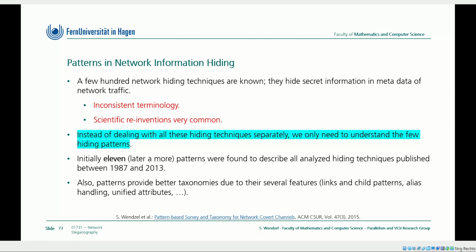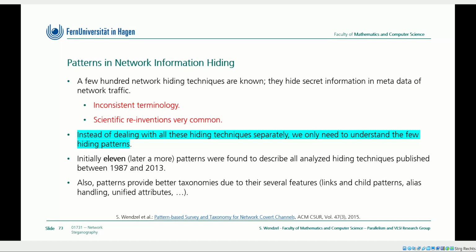A few hundred hiding techniques are known, and they hide secret information and metadata of network traffic. The problem is that we have an inconsistent terminology that I spoke about already in chapter 4, and that scientific reinventions were, for this reason, rather common. So instead of dealing with all these hiding techniques separately, and that's really a key issue here also from a didactic perspective, we only need to understand a few hiding patterns. Because you can either study these few hundred hiding techniques or the few patterns that are known. So initially only 11 patterns were found and described,